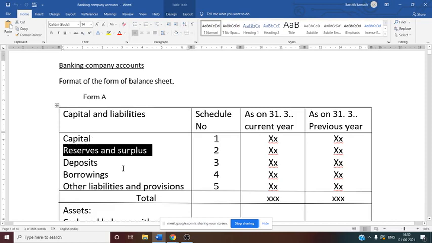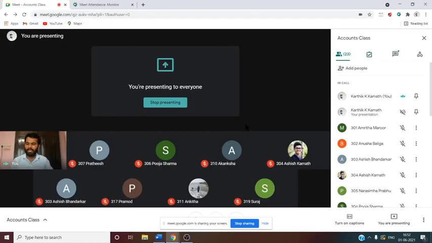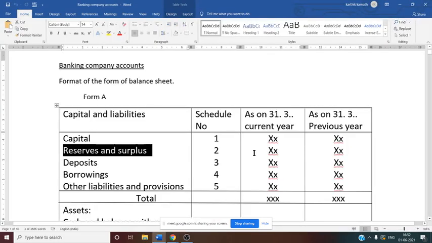Now under reserves and surplus, which is schedule number 2, various parts are there. If you see the textbook, you will come to know. Here they have mentioned one is statutory reserve. I have already told you, 20% you have to keep for statutory reserve. So we want the opening balance, any addition, then the closing balance of statutory reserve. Opening balance plus addition during the year minus deduction during the year gives you the statutory reserve total. Similarly, if there is any capital reserve, you can consider that also. Again the same procedure: opening balance plus addition during the year minus deductions during the year gives the closing balance.